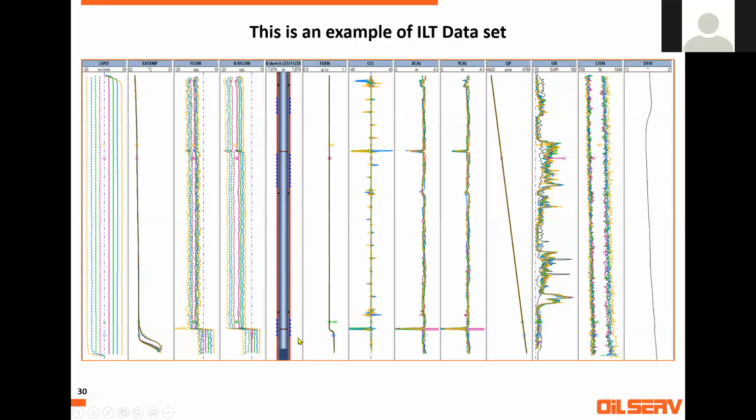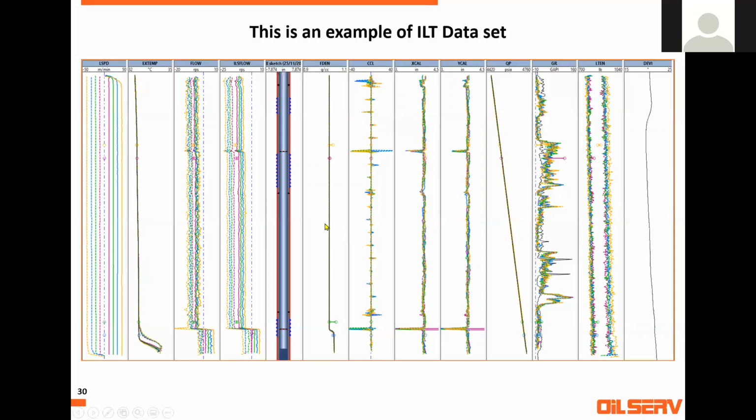But here is the thing. You cannot say exactly where the injection is going behind the perf. Let's assume this is a 20-meter perf. You can see only that the injection is going through this, but how it's distributed in it, you will need some kind of spectral noise logging with high-precision temperature to see behind the tubing. Maybe you will do it in a different lecture. Okay, no worries. Thank you.